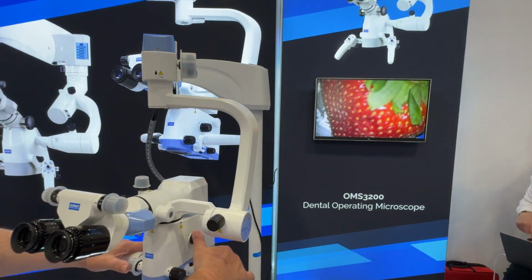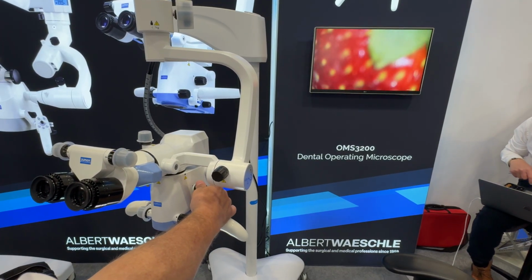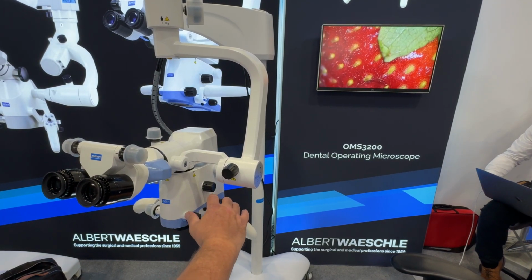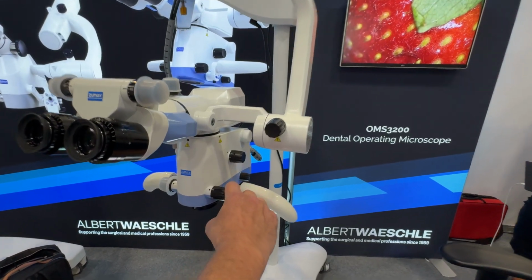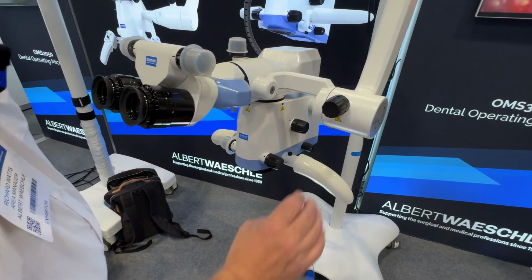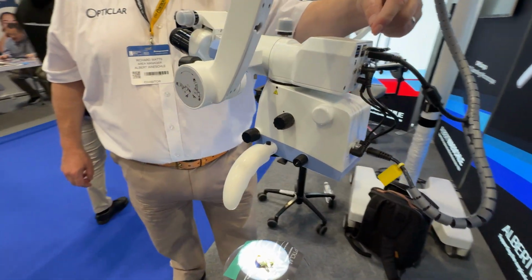And then if I move my thumb up, the next switch there is the magnification. And on this one, it's a continuous range of magnification. As I got to the maximum there, it's come a little bit out of focus, so I'll just adjust that focus there. And all of this lot, everything's in touch. And then this little black knob there, that's the photo one. I touch that once, it's taken a photo. I hold it down, it's taken a video, and I've got the memory stick at the back there,